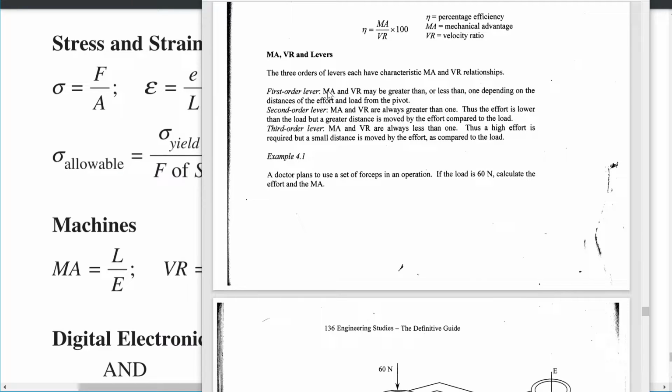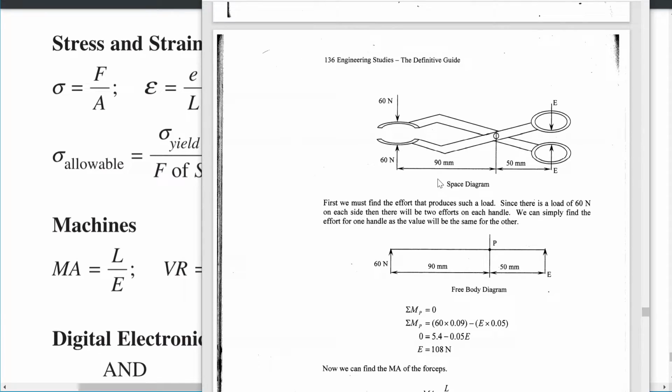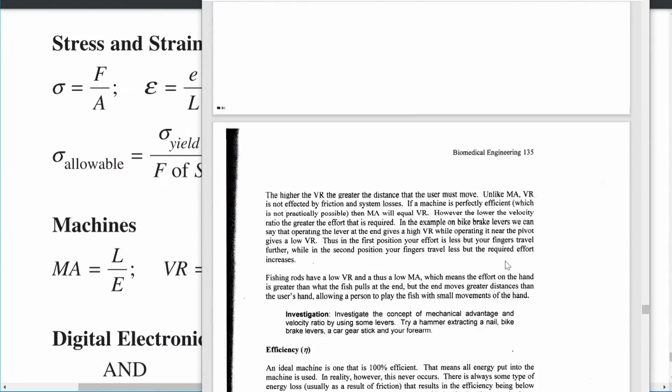So the first order lever, the mechanical advantage may be greater than 1 or less than 1 depending on the distances. A second order lever always has a mechanical advantage greater than 1. A third order lever always has a mechanical advantage less than 1. Right? So that helps us to, we talk about how, so seesaws, way back when we first talked about these,